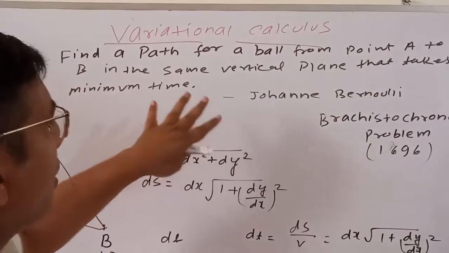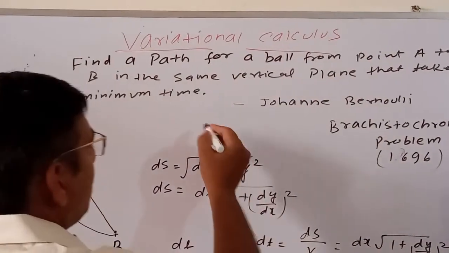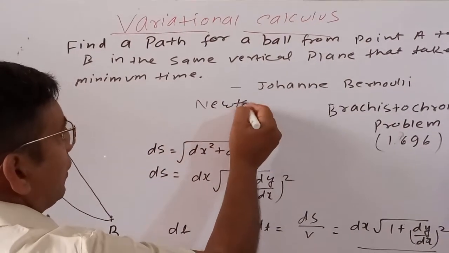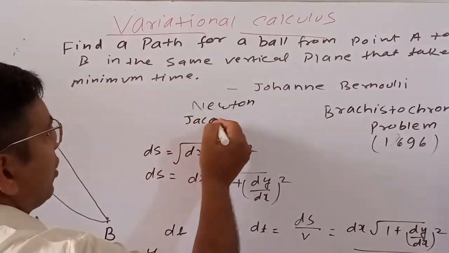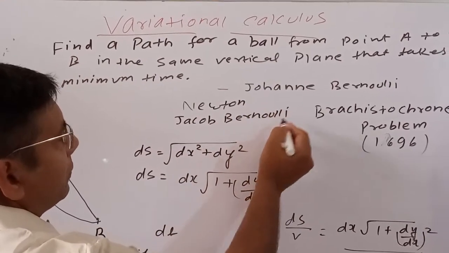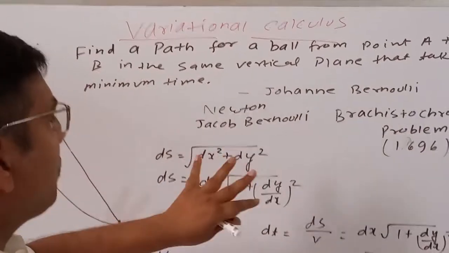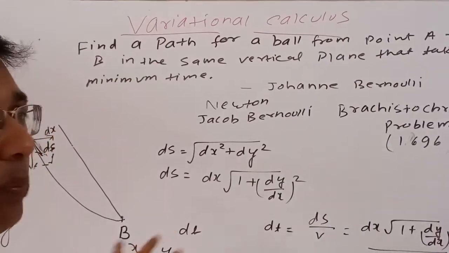Johann Bernoulli and his brother Jacob Bernoulli. So this problem was solved by Newton, Jacob Bernoulli. And after this problem and some other problems, that made a separate area of mathematics to solve this kind of problem,